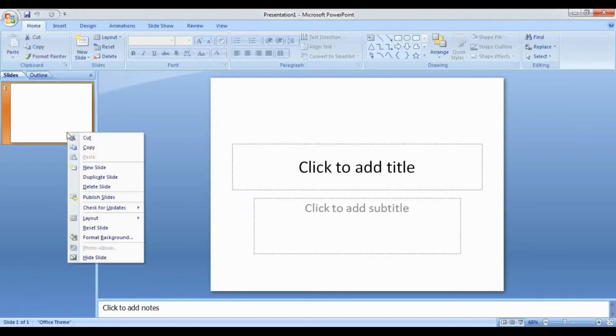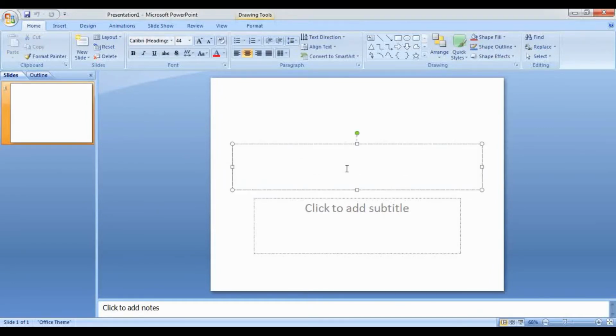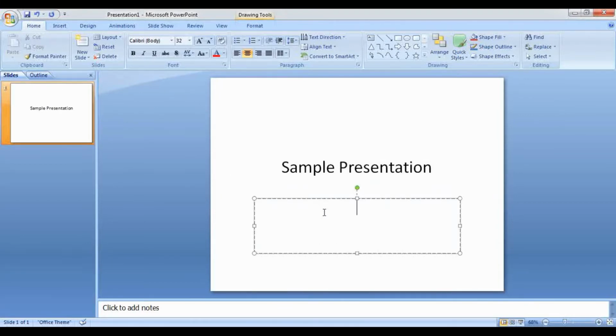Right click the mouse on the slide and see. So the most common options of the slide you can see here. You can just edit here, and then this is the master slide. The first slide of your presentation is always going to be the title slide, where you have to add the title to your slide. Here you will be adding the title of the presentation. And then here you will be entering the subtitle of the presentation.